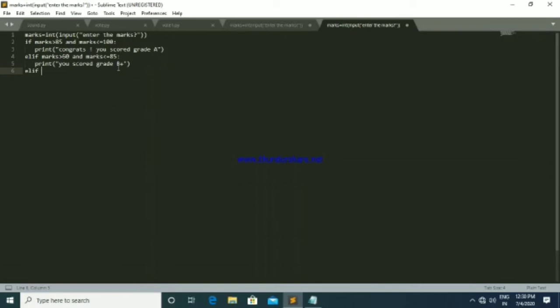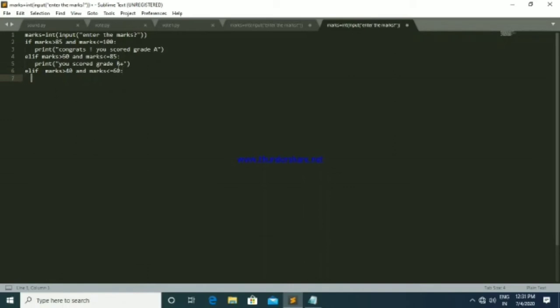Okay, so elif marks greater than 40 and marks lesser than or equal to 60.